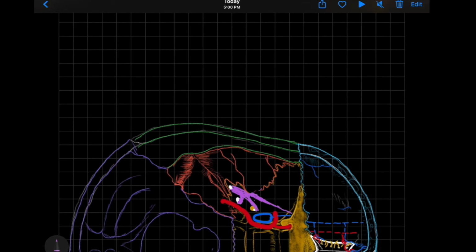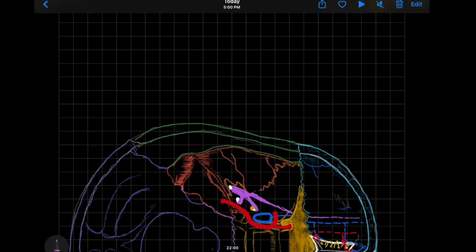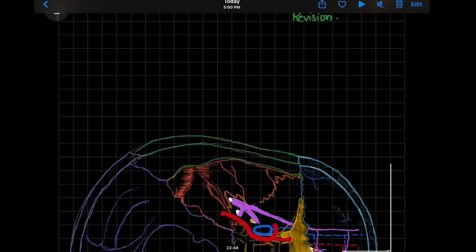This ophthalmic nerve passes through superior orbital fissure and divides into nasociliary and frontal nerve, and nasociliary can be seen in the dotted form because again it is not in the fossa, it is towards the orbit side, and this nasociliary nerve gives branches. Can you see both the branches here? Yes, this is anterior ethmoidal nerve and the posterior ethmoidal nerve respectively. Now, let me mark these structures. First is the anterior ethmoidal foramen.